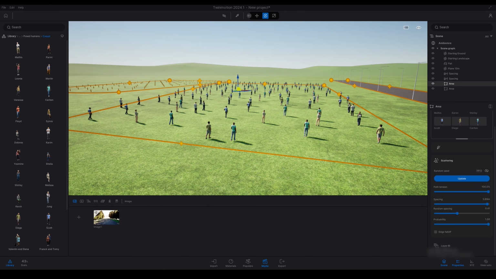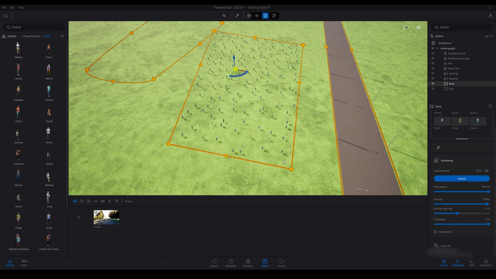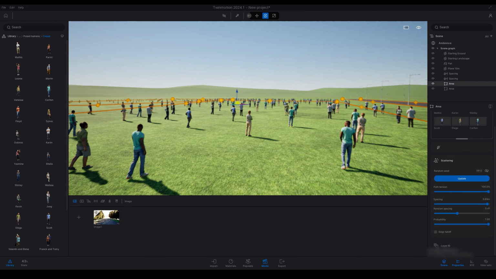As you can see, adjusting path tension will create sharp edges, and reducing it will create curved edges. So the higher the path tension, the sharper the edges will be.